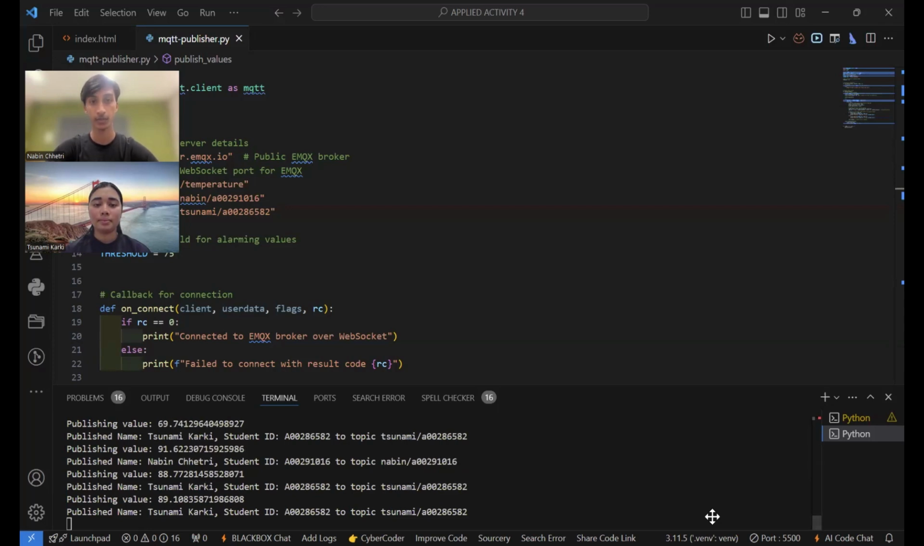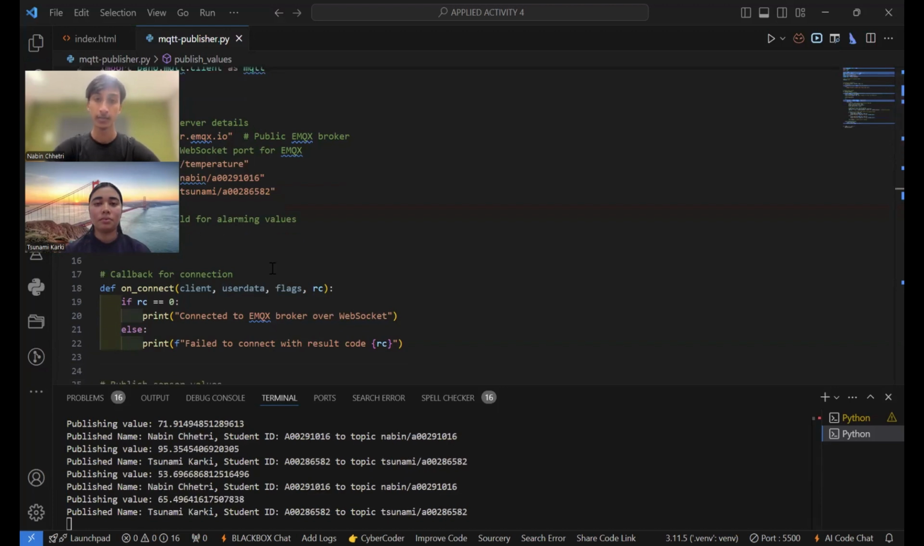In our MQTT publisher.py, this Python script acts as an MQTT publisher, which simulates a temperature sensor and publishes both sensor data and student information via an MQTT broker using WebSockets. Basically, it connects to a public EMQX broker on port 8080 using WebSockets. And we have three topics: sensor/temperature, and student 1 Navin Chetri/8002911 and student Karki/